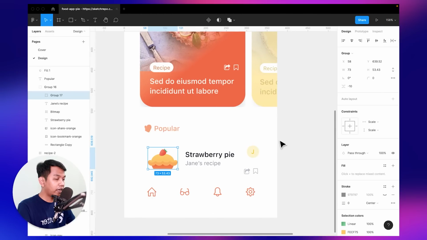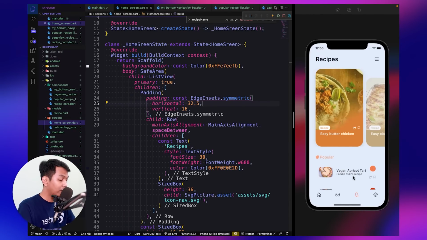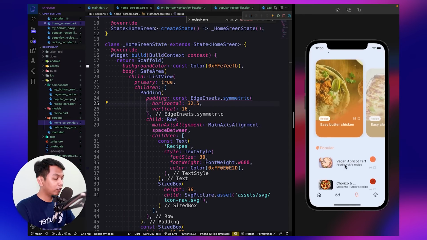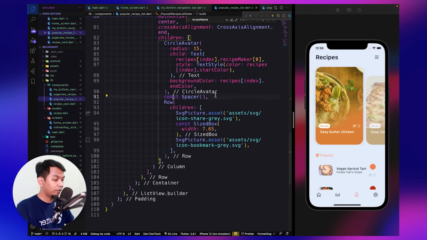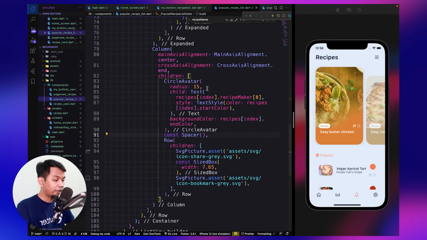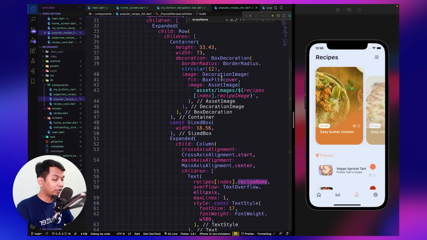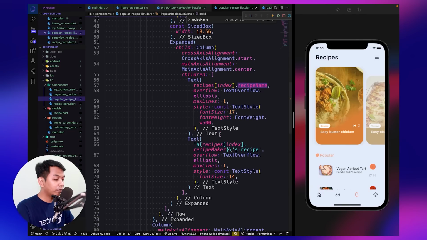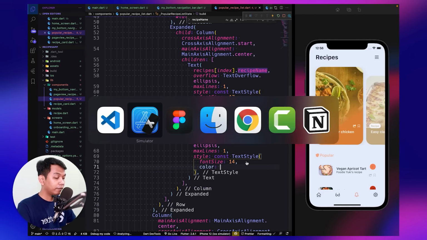So let's see the design. Okay, I think we need to change this color. So let's go to popular receipt and receipt maker. And receipt maker style, not this expanded, I mean expanded receipt maker, and here we can set the color.